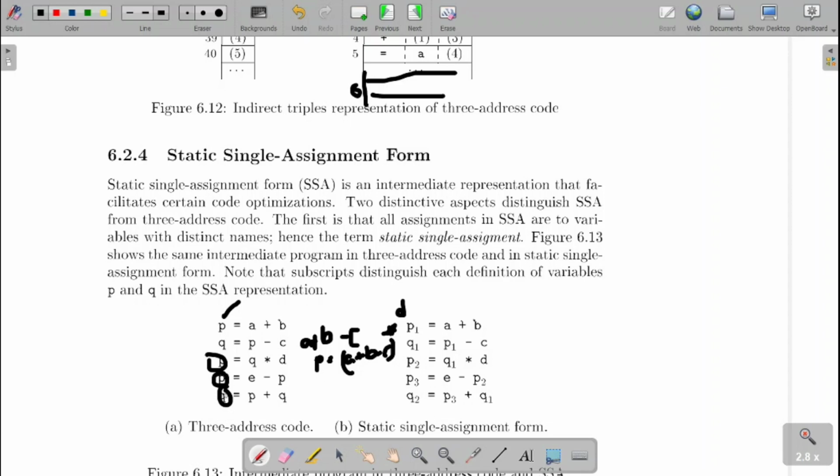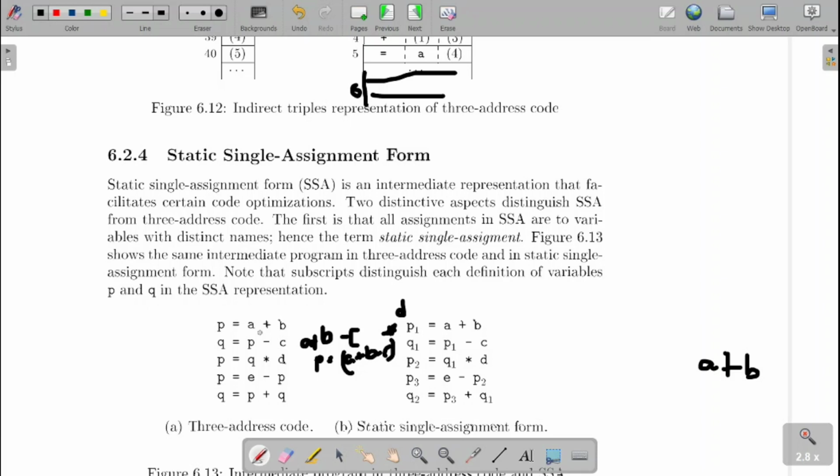But assume that at some point of time I want the value of A plus B. So now what I need here is the value of A plus B. I can't use the P over there because it is already altered. I can't have the value of the P over there. Even though initially I computed my value and put it in P, in the later stages I have overwritten it. So what is the setback over there? Again I need to recalculate it.